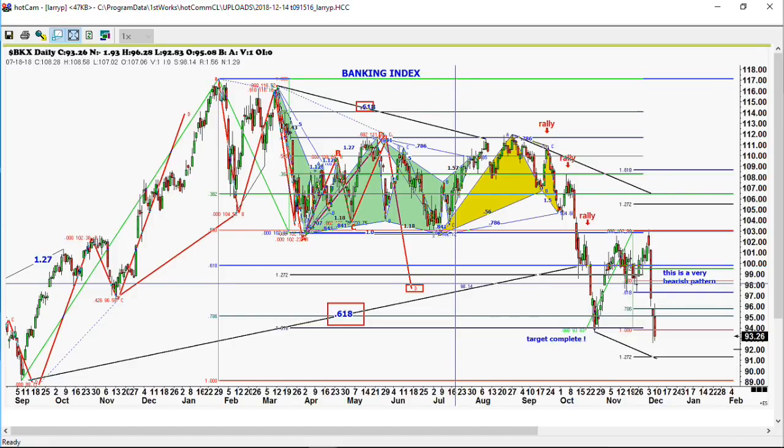And then, of course, it started down and started making lower highs and lower lows. And you can see here that we were looking for the market to expand at least to, we had a nice target completion down there at the 78% level, and it rallied quite a bit. It rallied 10% over a period of about 6 weeks. And then you can see the big gap down that we had on December the 5th, and that was the real thing that started the